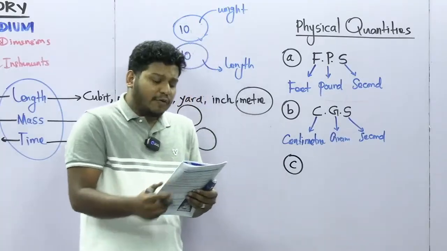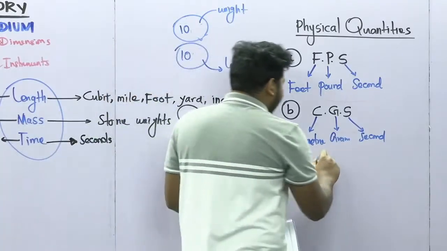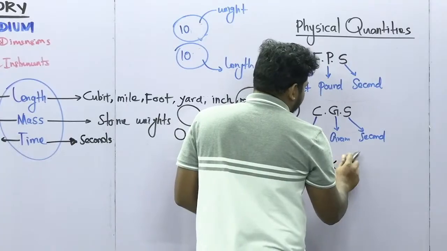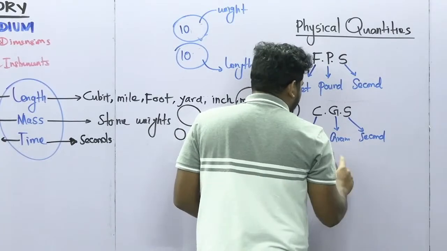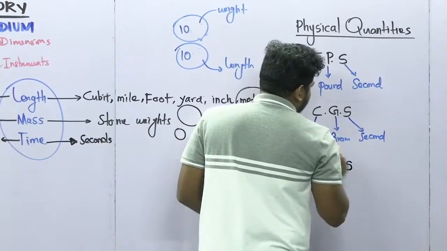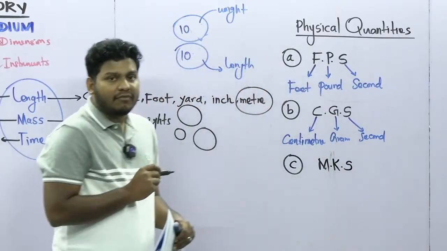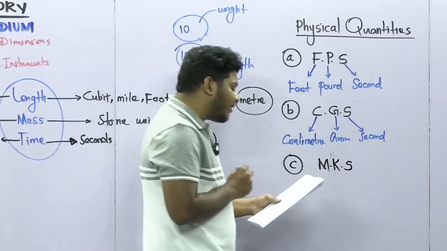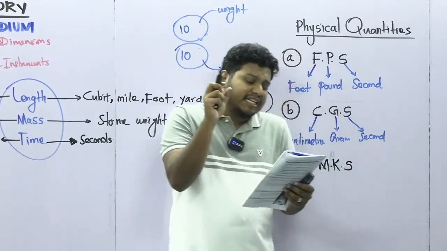See, the third one is the system of meter, kilogram and seconds, MKS. This is the system we are using now. Okay, MKS system, the international standard system we are using now here, guys. By further developing the CGS system,